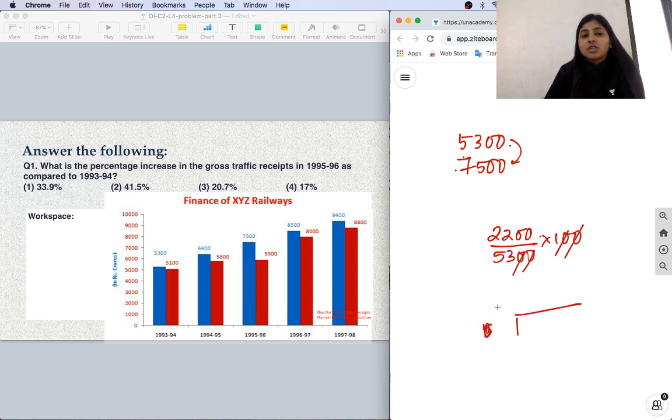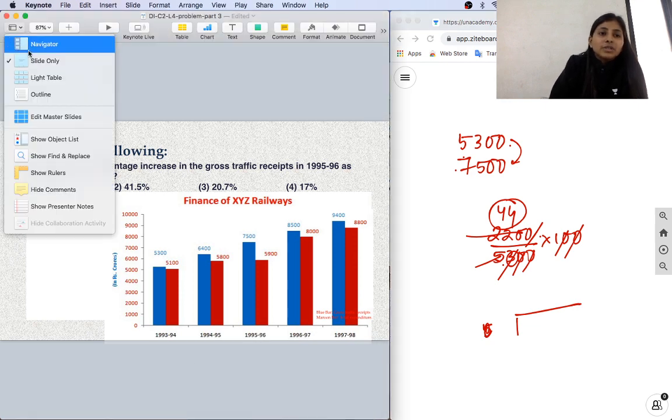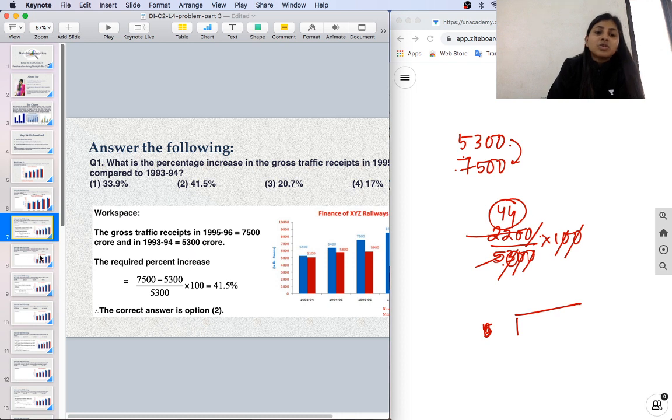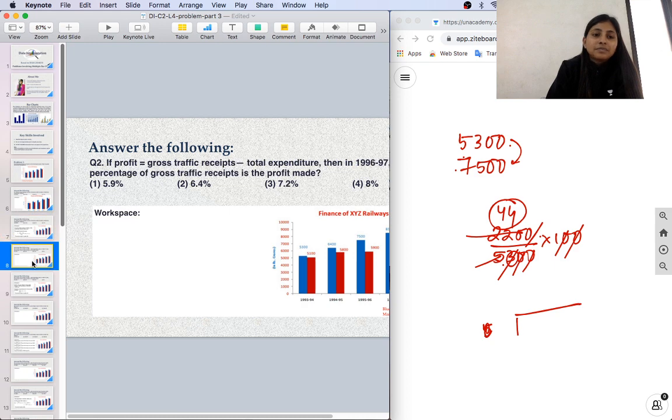Can we find it approximately? Maybe, because the values are not very close. If we take this as 50, this will be 5 fours and 5 fours. It's close to 44%. But we see that we have taken some approximation. So it would be close to 41.5%. Option 2 is the correct answer. Exact answer. Next,